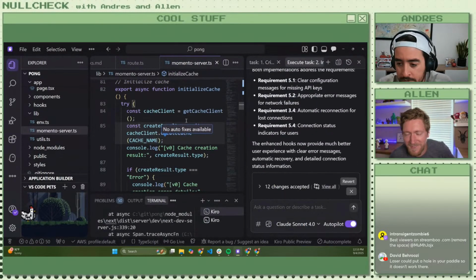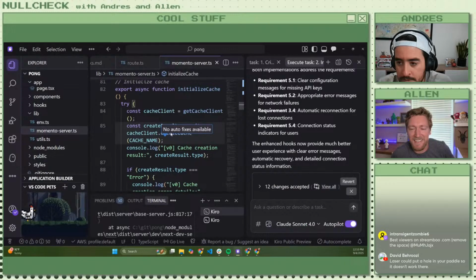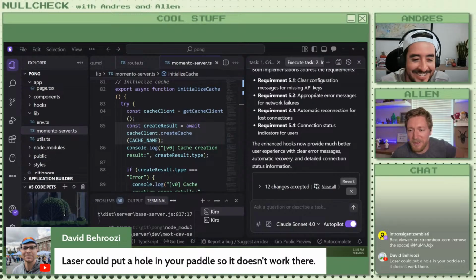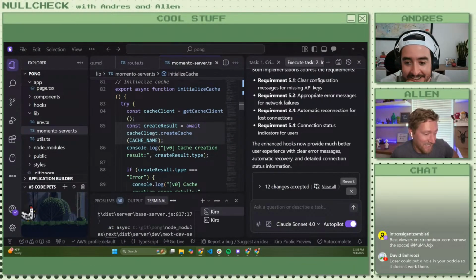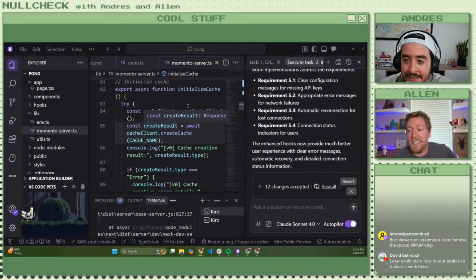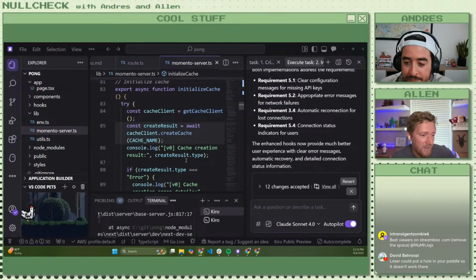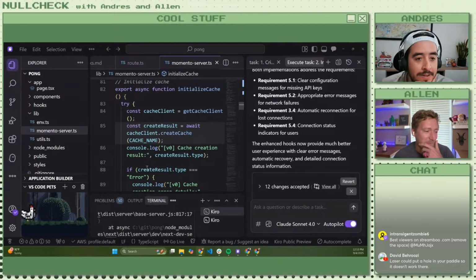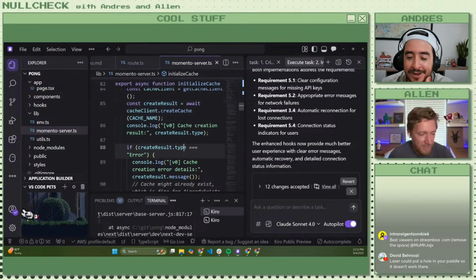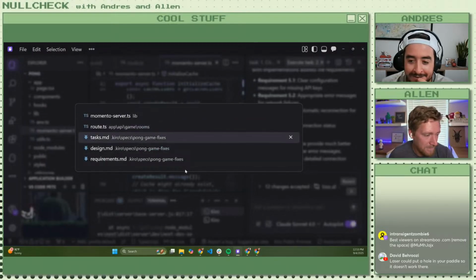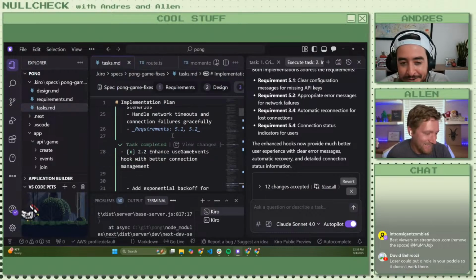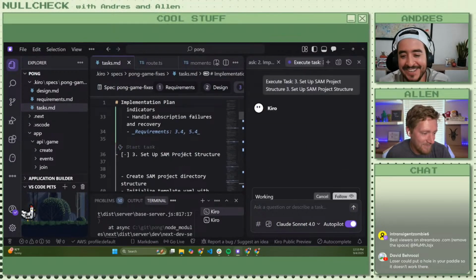Do it. I like what David suggested in the comments for the laser feature. He said, let me bring it up. Yeah, hole in your paddle so it doesn't work. I think that's a wonderful idea. Instead of making you sticky, it just shrinks the paddle right there. That's pretty cool. I haven't seen the comment we got on Twitch. Should we respond? No. We have the chat, and now it shows on the stream itself.